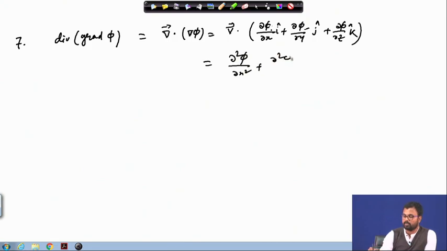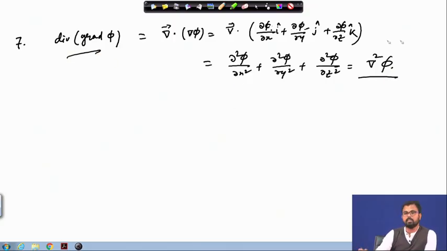del square phi by del y square, and del square phi by del z square. So, ultimately this is the Laplacian of phi. Basically, divergence of gradient of phi is actually the Laplacian of phi, right? Very simple to solve. And now this is interesting, find